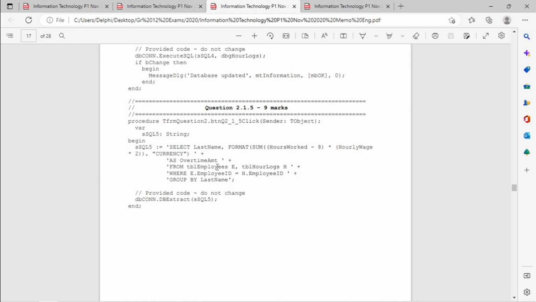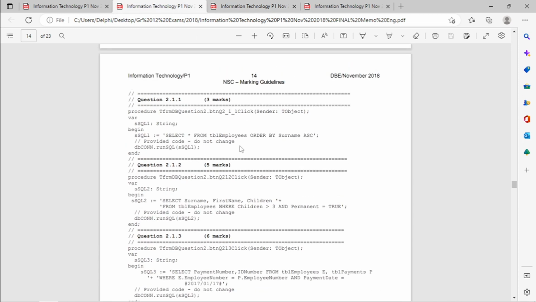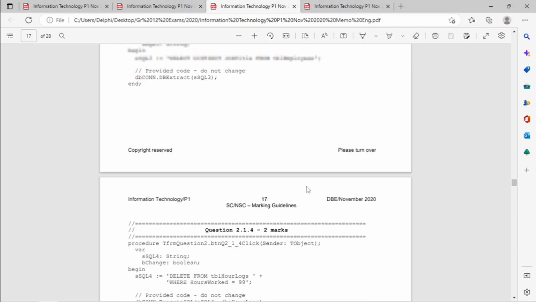Okay, this one was from table employees and table hours logged, where, remember, it's from two different tables, so you need to show the link between the two tables. Group by last name. Okay, so if I look at the pattern over here, if I must analyze question 2